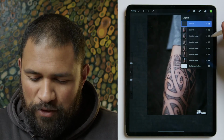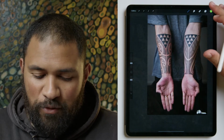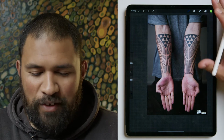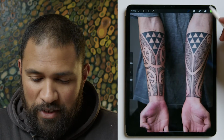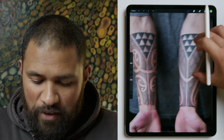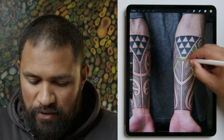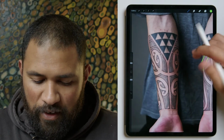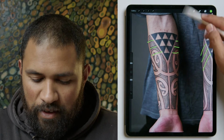So my philosophy with moko, when adding on to pieces that already exist, is I won't add on if I don't think my style will go with it. And I thought it could go with this one. So if you look here, you can see these lines that I've created. There's 3 going down that way, and then on this forearm 3 going that way. And I did that